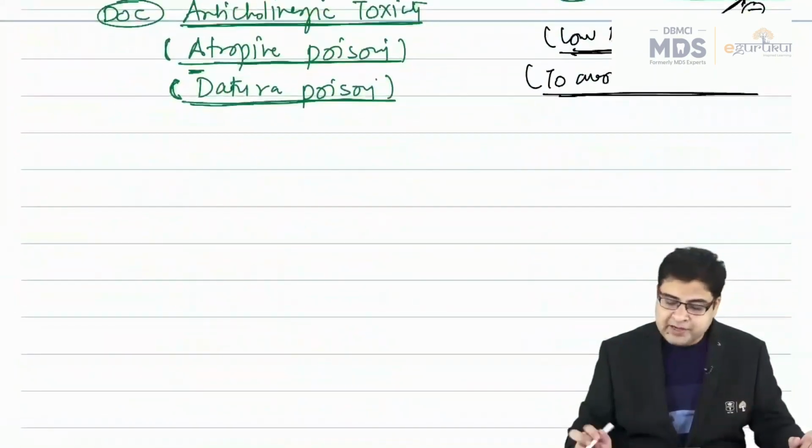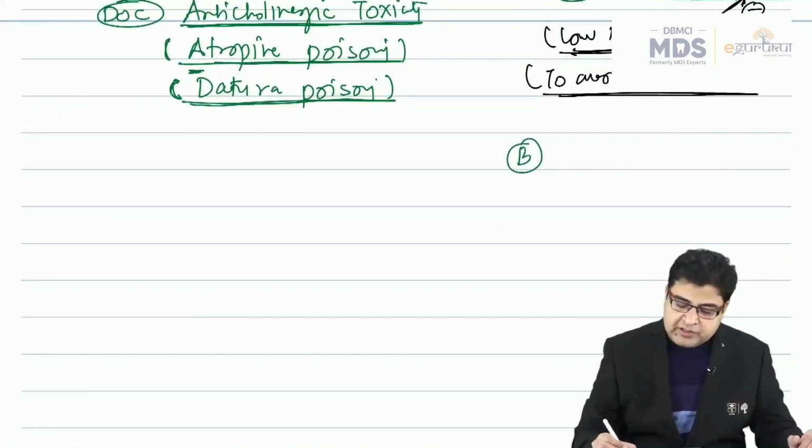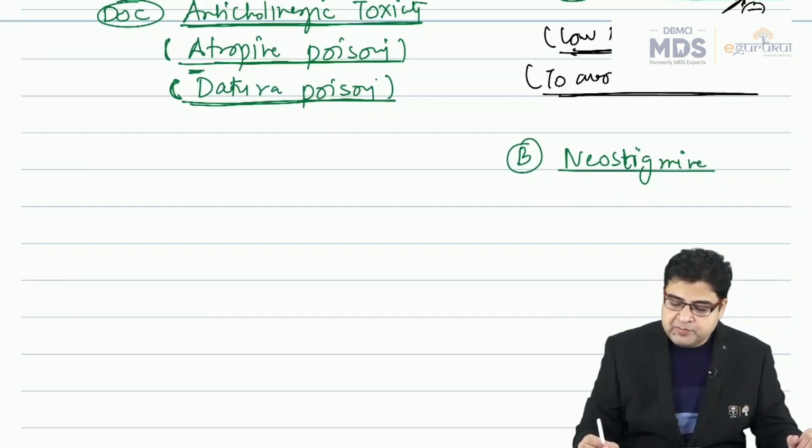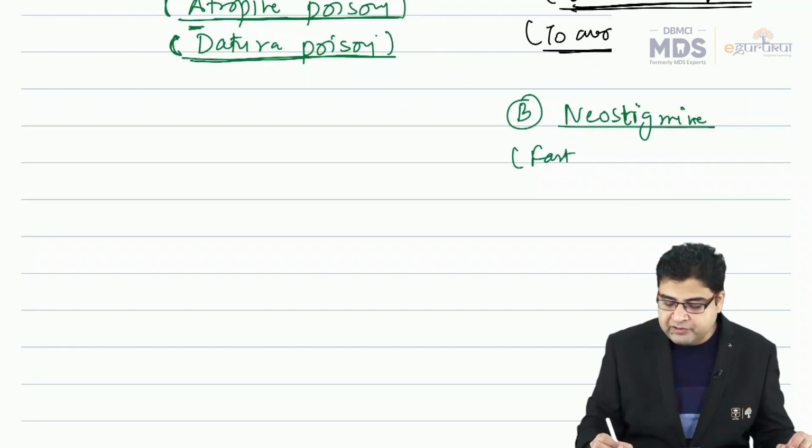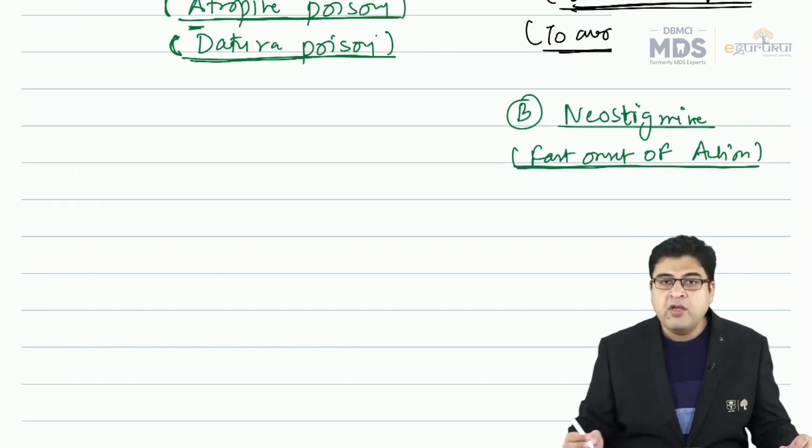Now let's move on to the second quaternary drug. The second quaternary drug here is neostigmine. Now this medicine has a very fast onset of action, and because it has a very fast onset of action, whenever you want to gain the muscle strength,